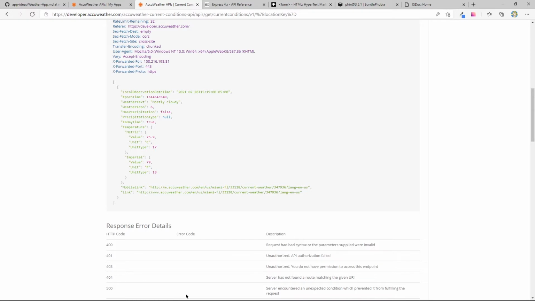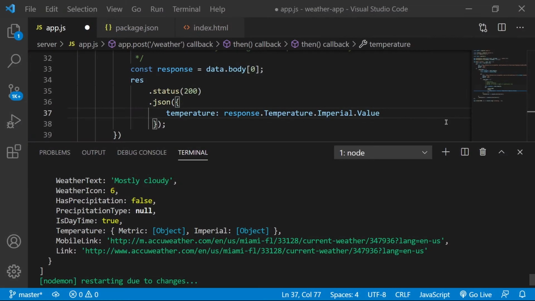So let's do that. So temperature is going to be equal to the response. And this is just a single object. Oh, it's actually an array, so let's do data.body 0 to get this object here, response dot temperature dot imperial. Was it value? Yeah, value. So let me go back to the code so y'all see what I'm doing here.